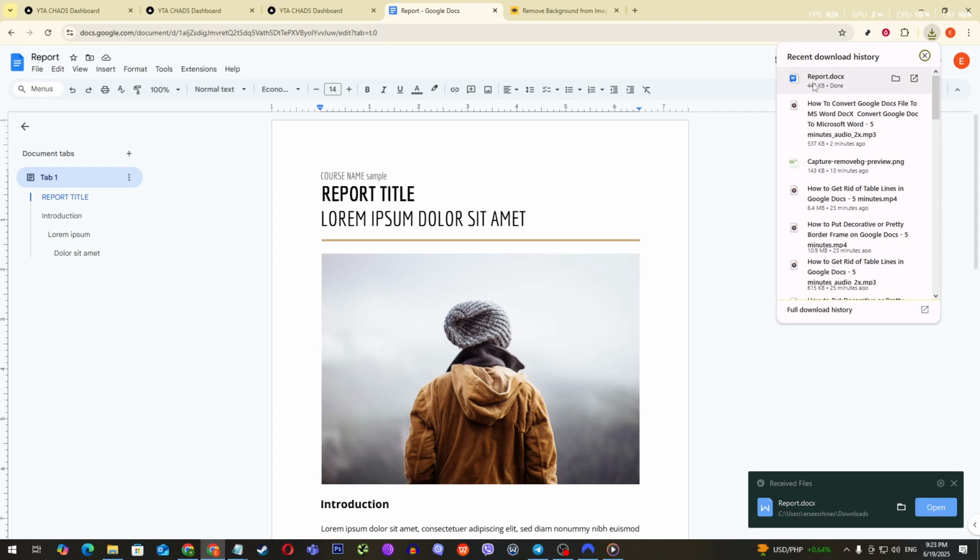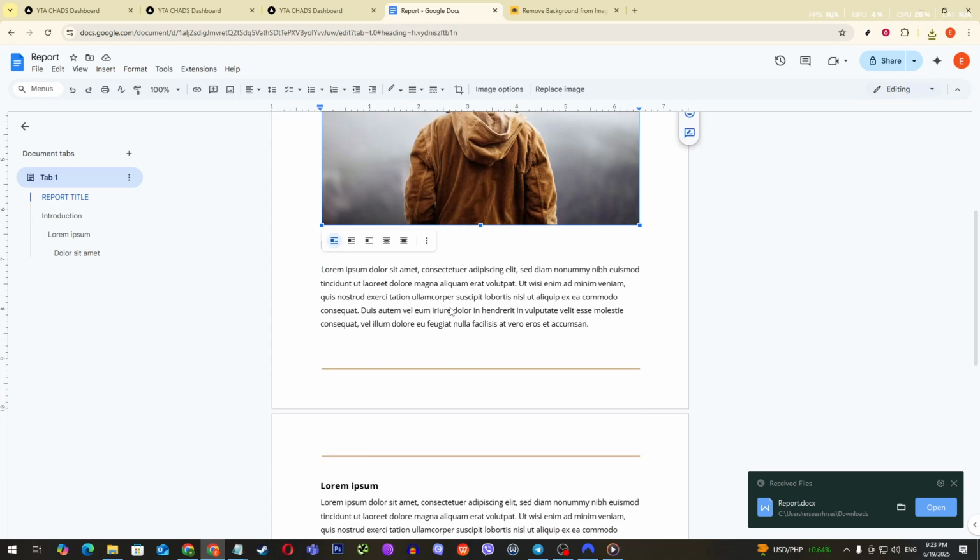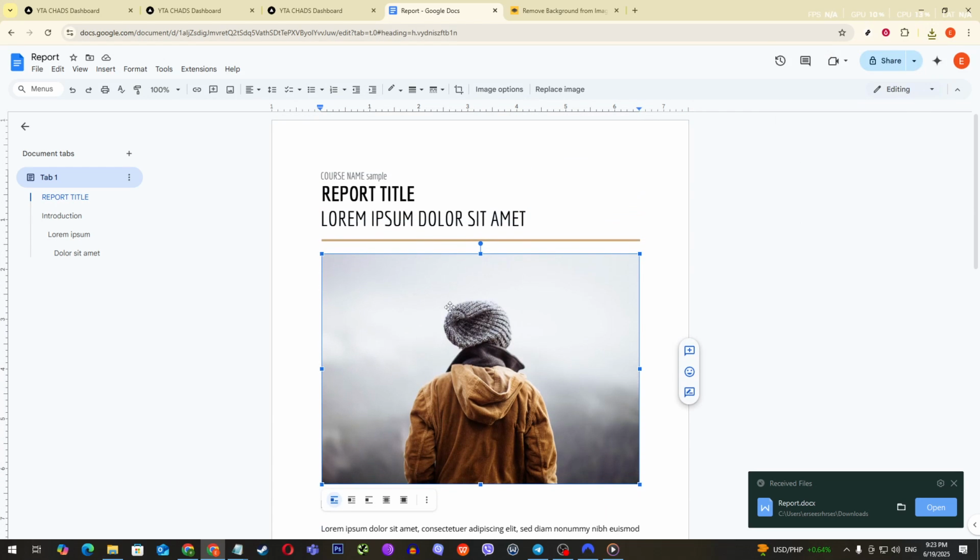And just like that, you're done. You've successfully downloaded your Google Docs file as a Microsoft Word document. It's really that simple. Now you can open this file using any version of Microsoft Word or share it with someone who uses Word. In summary, whether you need to send your work to someone using Microsoft Office, make edits